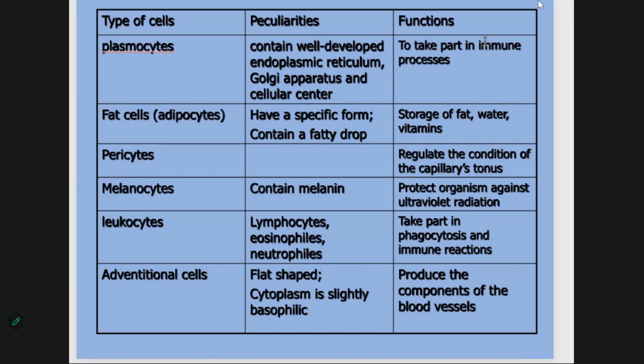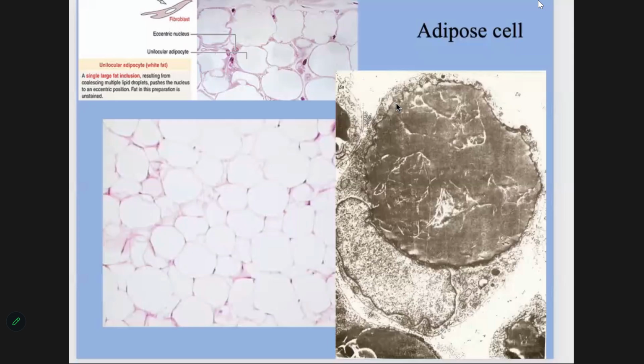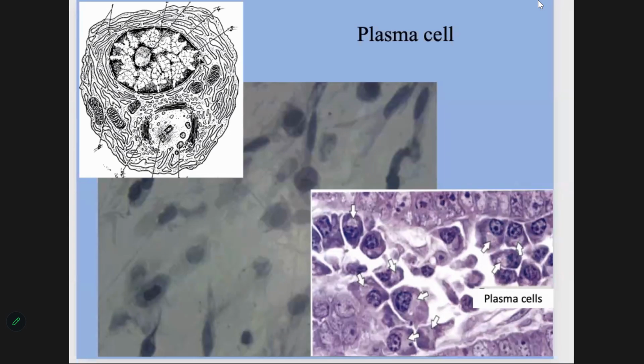I repeat that humoral immune response is the protection of our organism against the viruses, bacteria, toxins, and other alien substances via the production of antibodies or immunoglobulins. So the main function of plasmacytes, plasma cells, is the production of immunoglobulins or antibodies. Mostly antibodies are named gamma globulins. According to the chemical composition, all antibodies are proteins, complex of proteins with carbohydrates, named glycoproteins. So, the main function of plasma cells is the production of glycoproteins, and according to their function, we can see